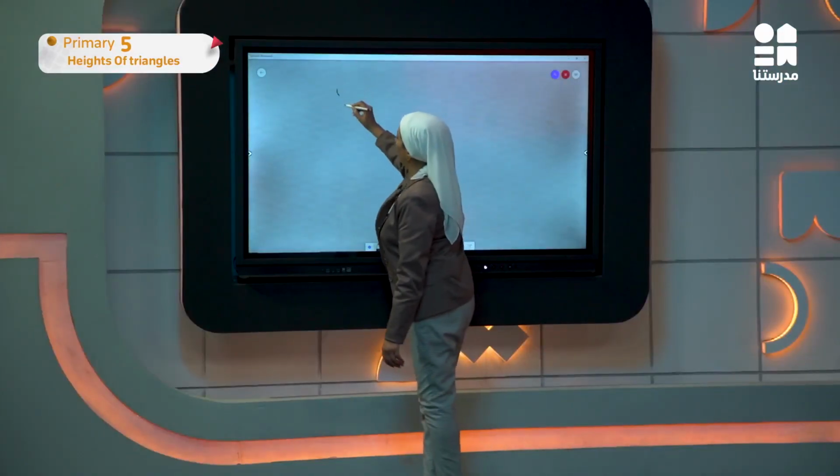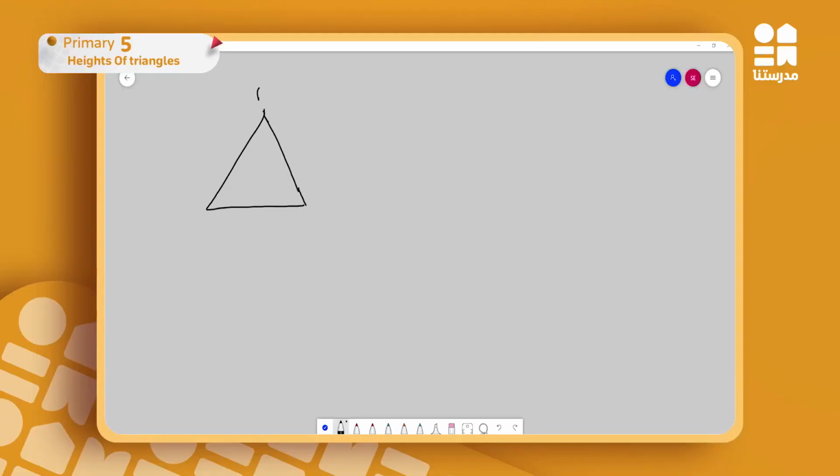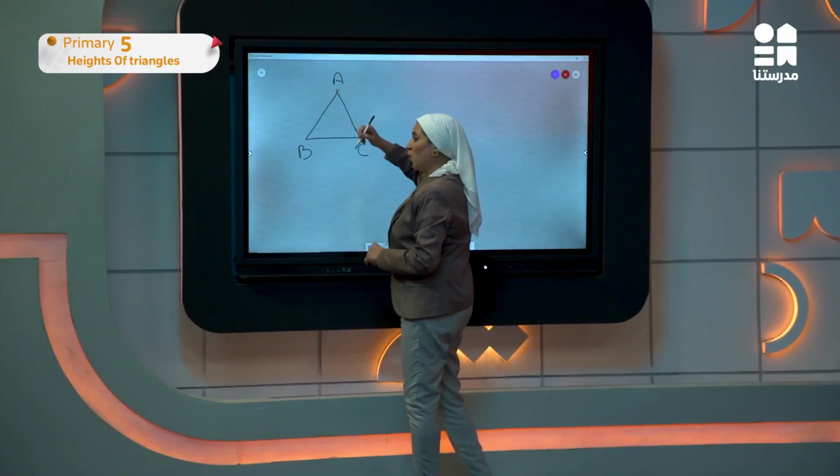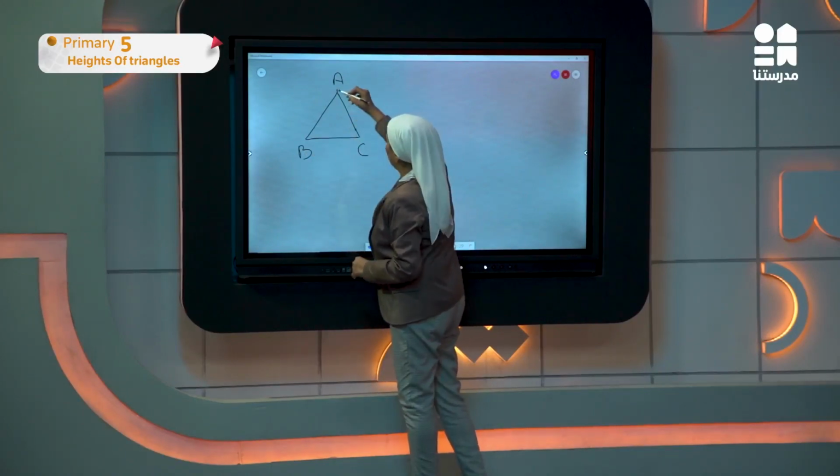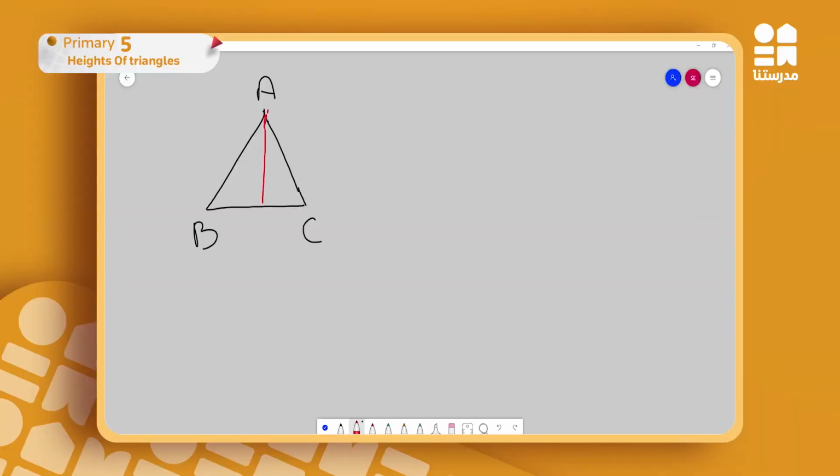The first type is the acute angle triangle, and we said that if I have triangle ABC and I want to draw the altitudes of this triangle, then I have to drop a height or an altitude from every vertex that I have. So I'll start with vertex A, and of course I'm going to draw the altitude on the opposite side, which is the line segment BC. So here I drop it, let's say at F, and now I'll drop